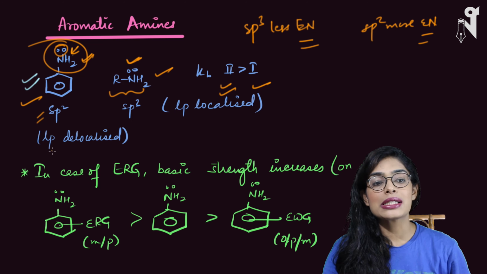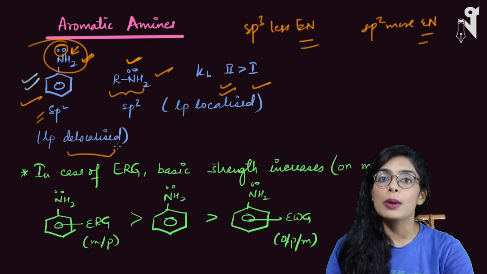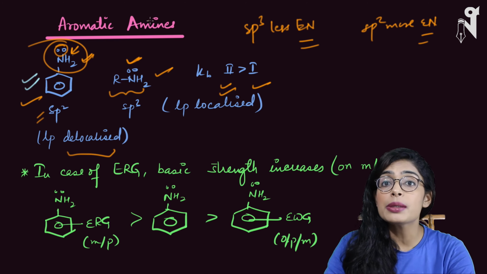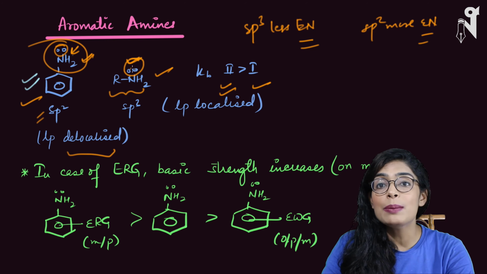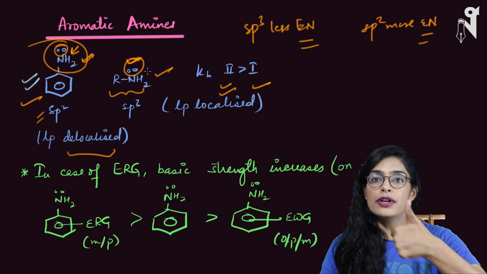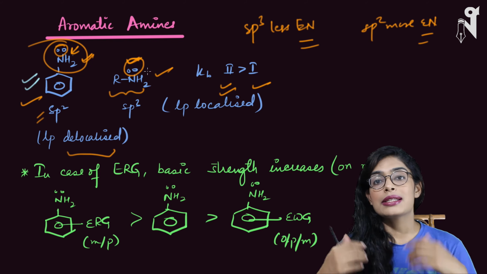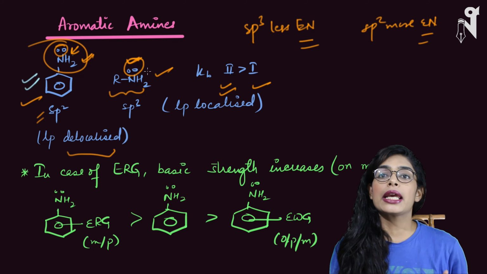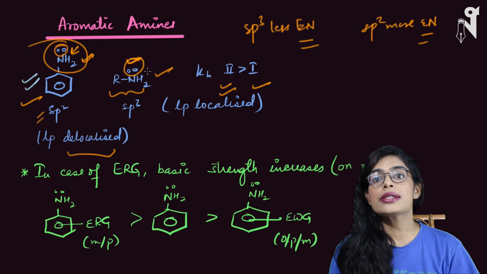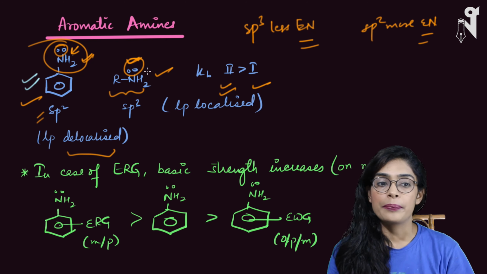In one case the lone pair is delocalized, hence it is not residing on nitrogen all the time, and it is not available with nitrogen to give it away every single time in case of aromatic amines. Whereas in case of aliphatic amines, the pair of electrons is available all the time with nitrogen, and hence it can give it away very easily. So first, the electronegativity of aliphatic amine nitrogen is lesser, hence it is easy to give electron density. Second, the pair of electrons is localized and hence easily available. So two reasons are making this aliphatic amine more basic than your aromatic amine.